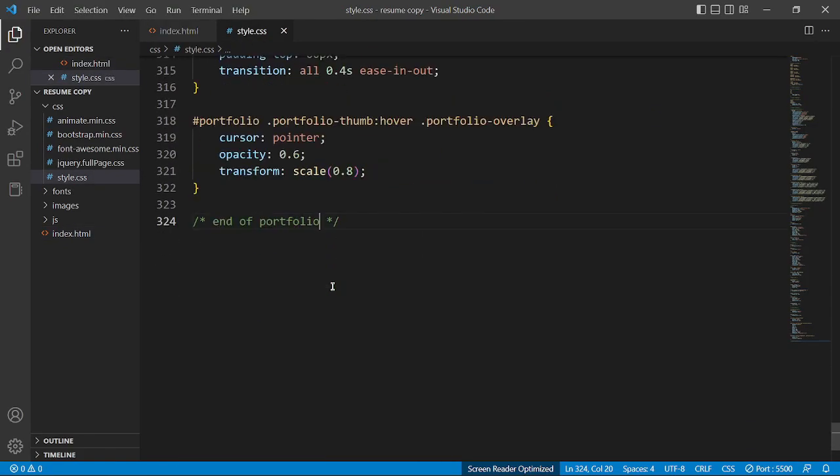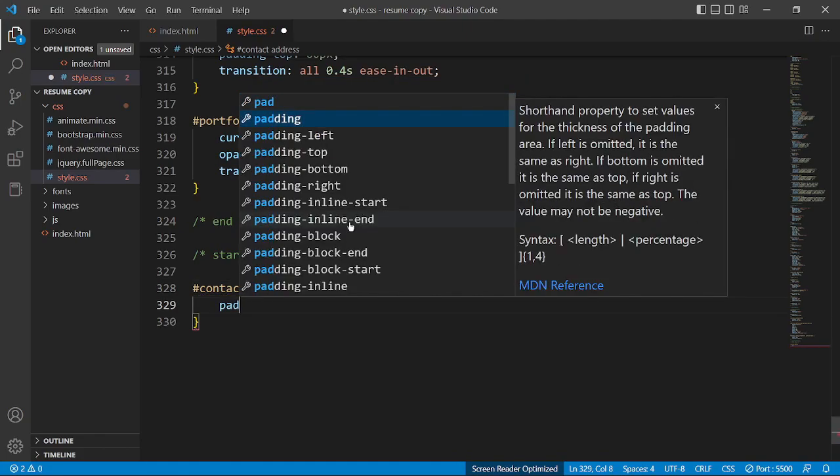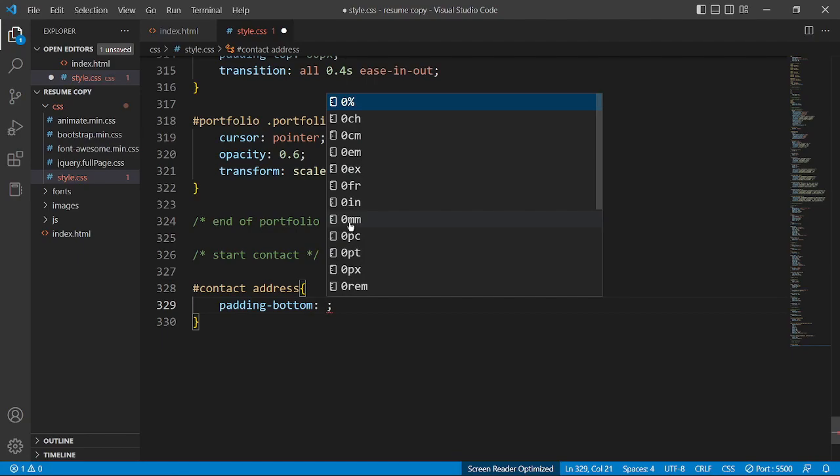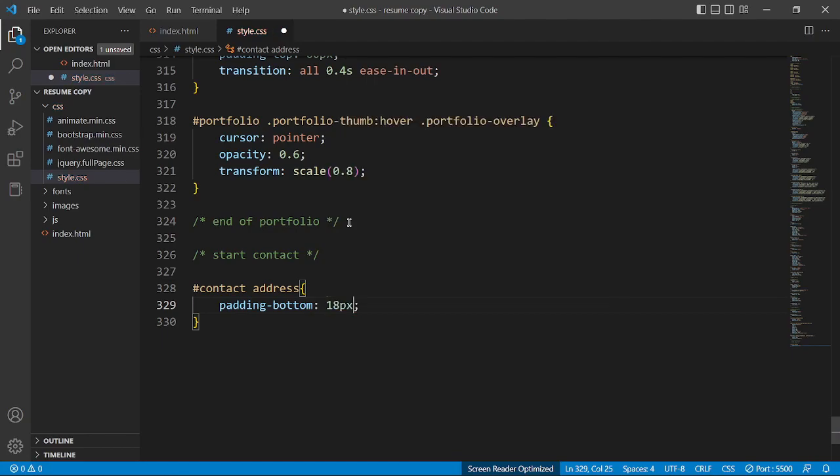So now come to the style.css and then write a start contact. Now for the contact section address, okay, what we'll do here is just give some padding bottom of the 18 pixel, and then we'll just work for the contact title. Okay,